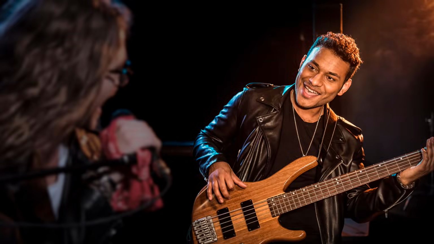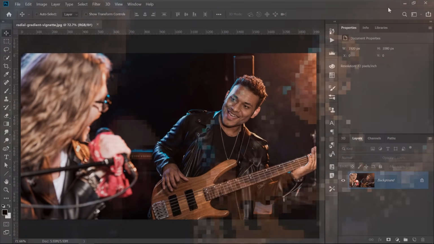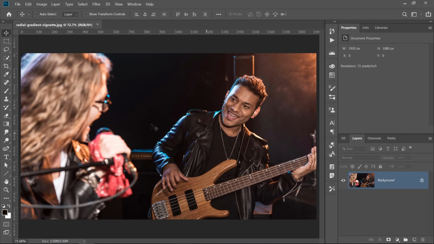Adding a vignette is a great way to draw attention to the subject of the photo. In this image, we have two musicians, and I would like to guide the viewer's attention to a focal point, the guitarist, who is not in the center of the image. Also, I would like to bring less attention to the second person on the left side because he is distracting